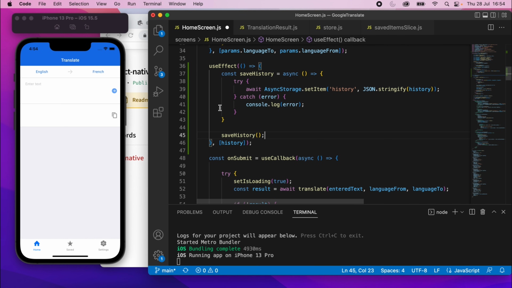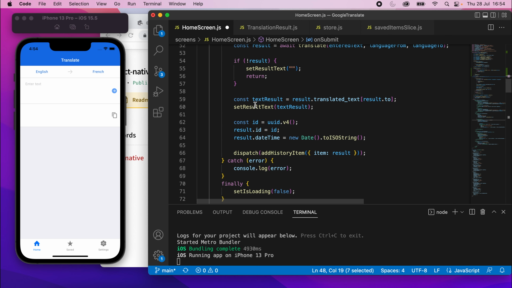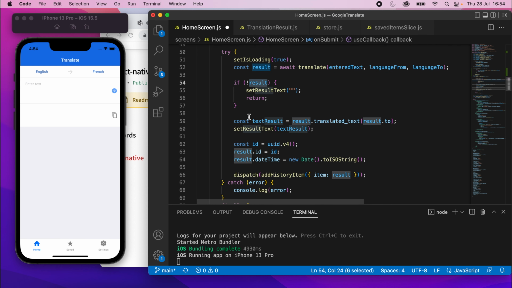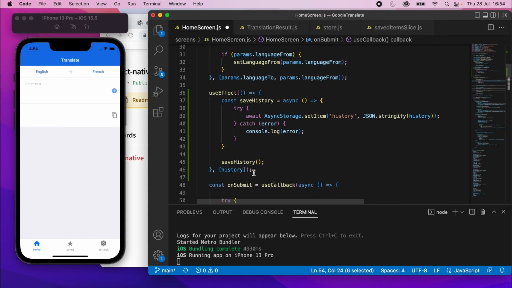So you might be wondering, why don't we just do this in the on submit every time we submit something? So when we submit it, when we get the response, why don't we just add it to the history here? So we've got our result. Why don't we just add it to the history in here rather than creating a new function? Well, the reason is